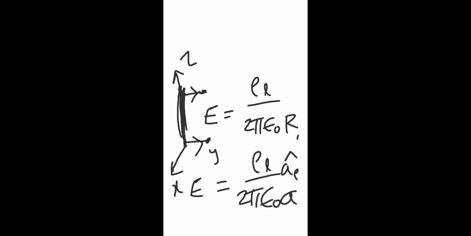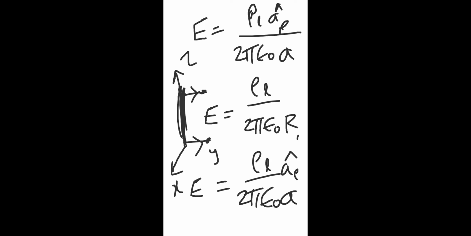See what I am telling finally? My electric field will be perpendicular to the line. The best vector to denote that is a rho cap, because a rho cap is always in a perpendicular direction to the z axis. Please go and refer to the direction of a rho. Then 2 pi epsilon naught a. Okay, the best way is a rho cap.